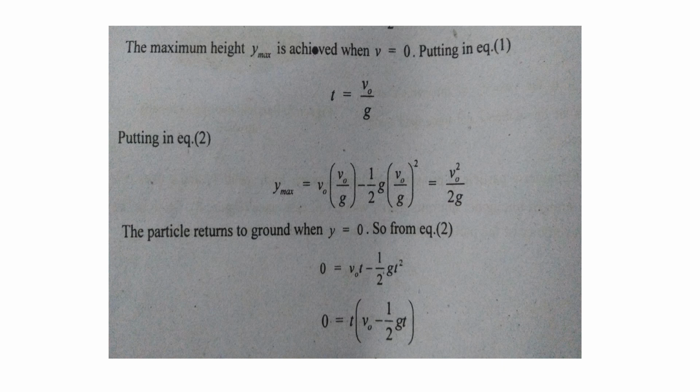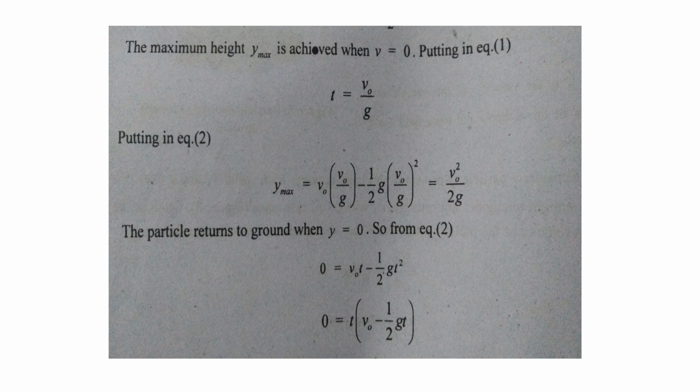When v is equal to 0, from the previous equation we get the value t is equal to v naught over g. So substituting this value of t in the previous equation 2, we get y maximum is equal to v naught into v naught over g minus 1 over 2 g into v naught over g whole square, and solving that equation,